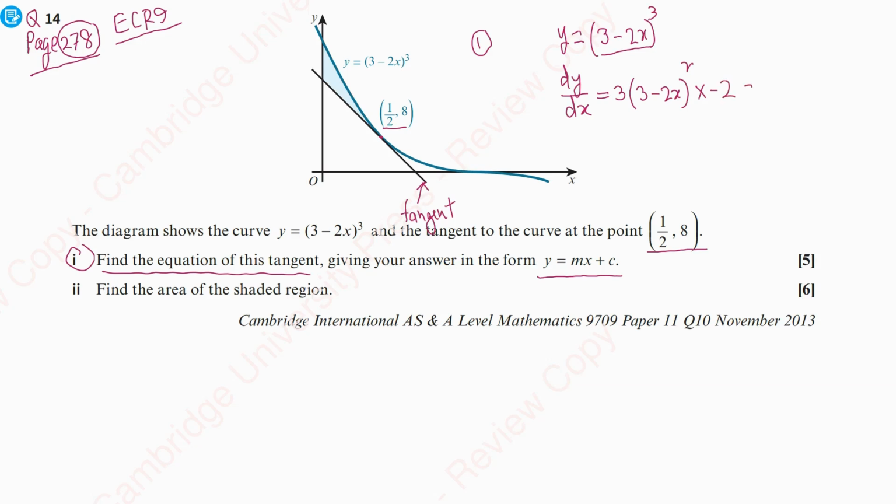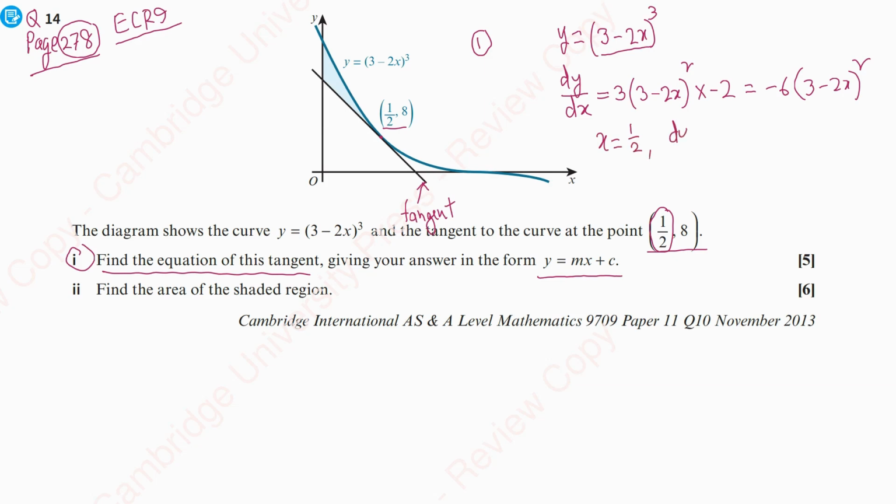So our final expression is -6(3 - 2x)^2. We are going to put in the value of x, which is given as half. So when x = 1/2,